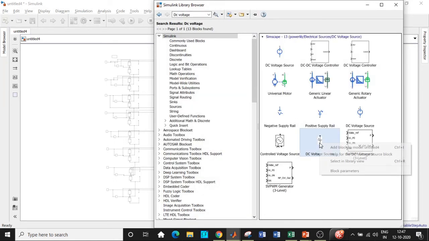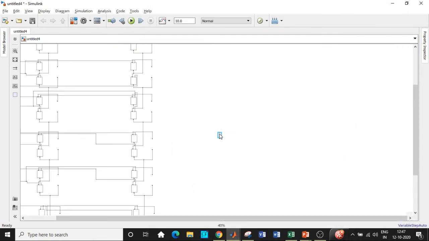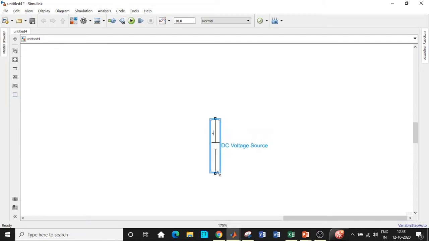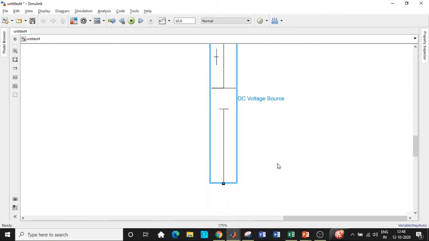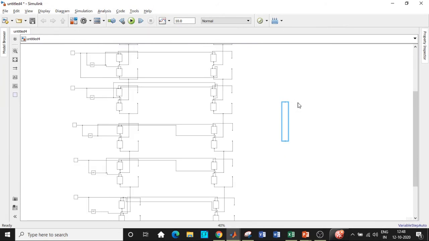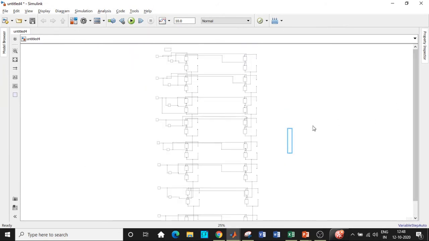Choose the ones that are there in black, because the blue ones are used for signals and systems and digital signal processing applications. So what I'll be doing is I will be enlarging this with a larger size so that we can see the circuit clearly. So how to enlarge, there'll be a feature that is available to enlarge this as big as possible. We can do it so we can see the DC voltage source at least in a proper way. That is the reason why I'm doing this.